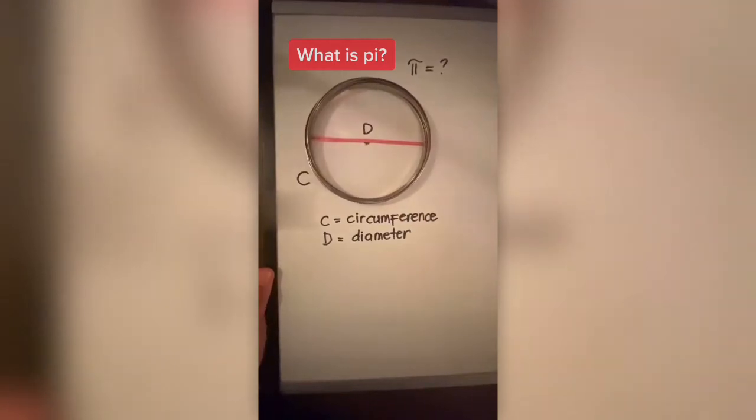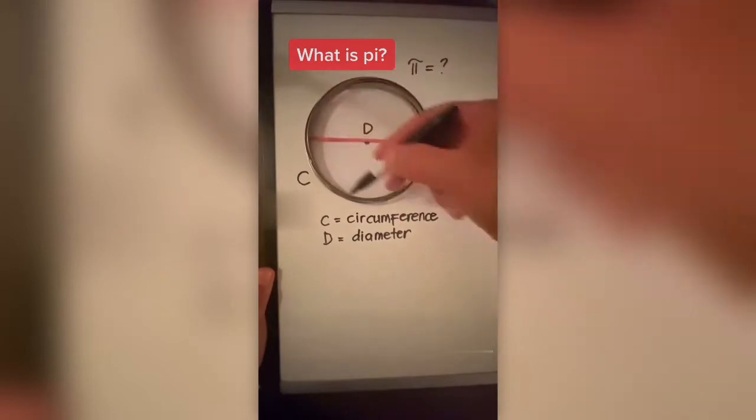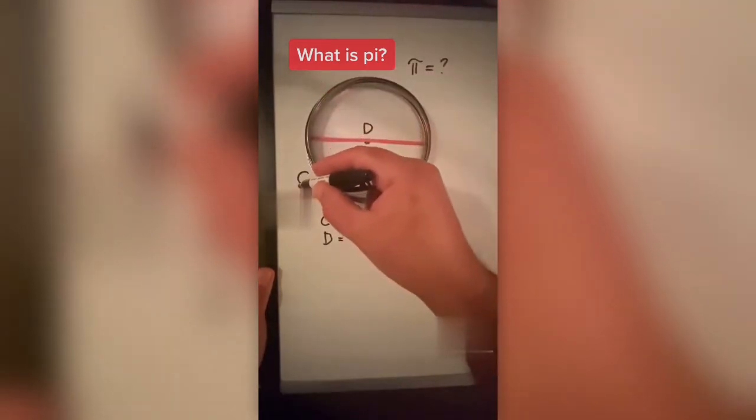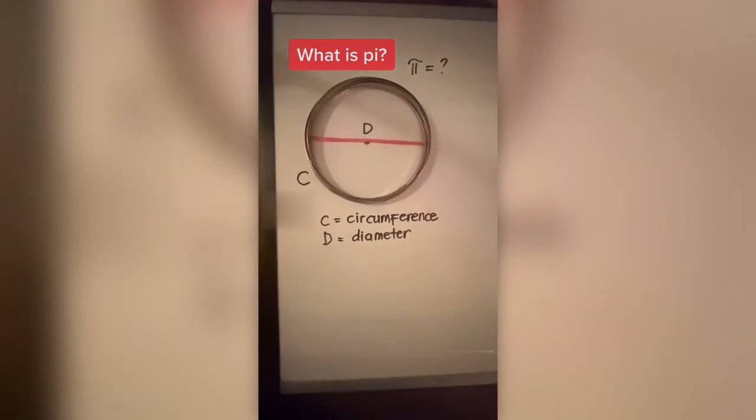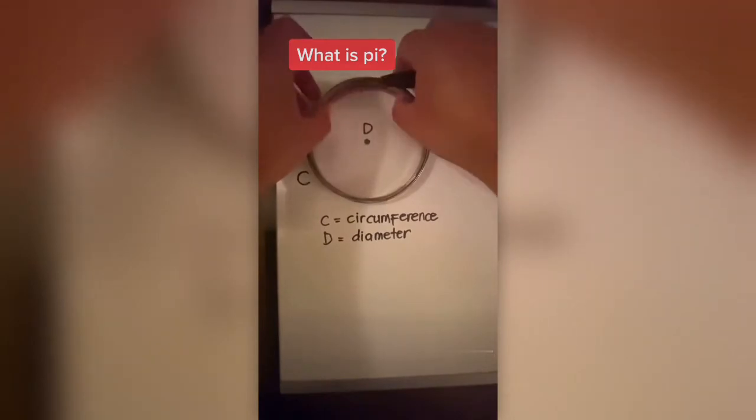This is an illustration of how we define pi. This is a circle. The length around the circle is the circumference c. The straight line that passes through the center of the circle is the diameter d. Now, if we take the diameter out and arrange it around the circumference, we can have 1,